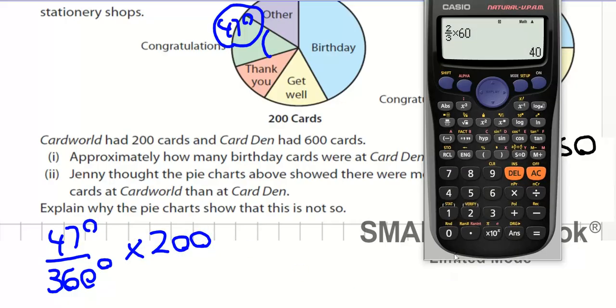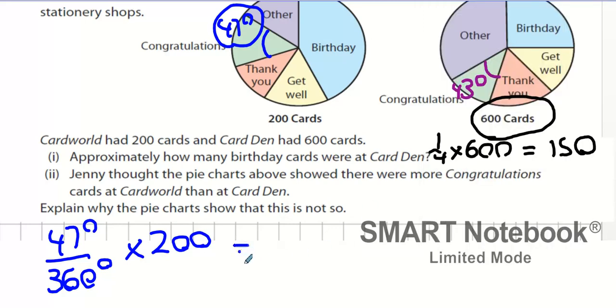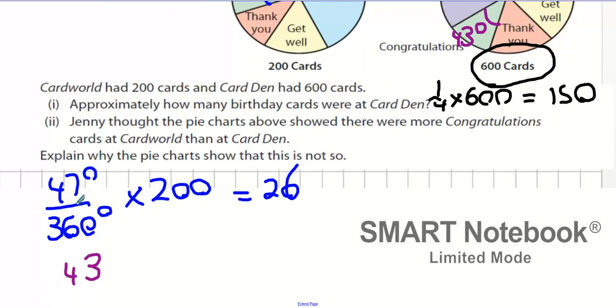So if I was to roughly do this, 47 divided by 360, multiplied by 200 cards, I get roughly 26 cards. However, if I did 43 degrees, which isn't that different from 47, and I multiply it by 600 cards,